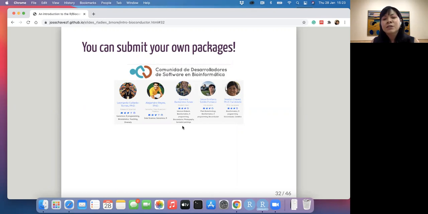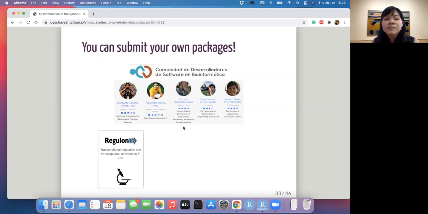This community is focused on increasing the number of software developers, especially focused on the R language, in Mexico and Latin America. So here is RegulonTools, the first package that we have submitted to Bioconductor, but we hope that there are many more. And RegulonTools